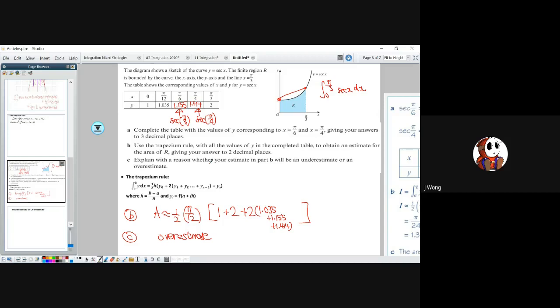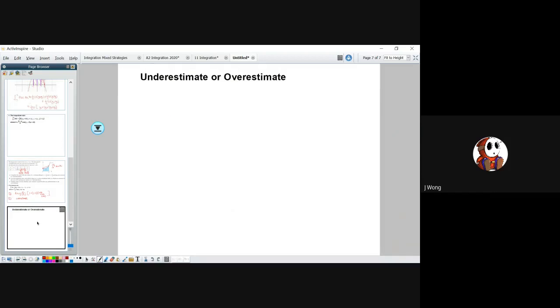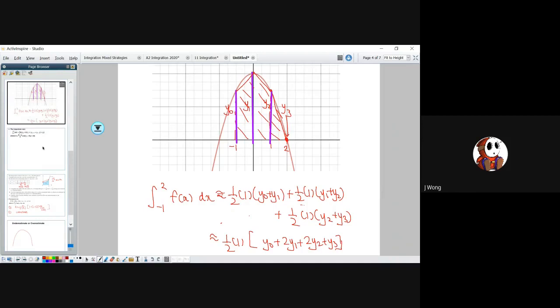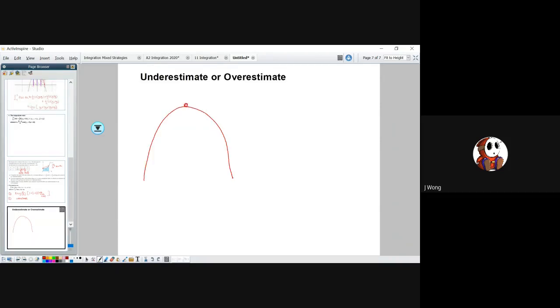And the second thing that you need to be careful with is they normally ask if your answer provided in B is an underestimate or overestimate. So it really depends on the shape. So if your shape is like that, our first example to start with, you could see that you will always have an underestimate, because when you join up 2 points anywhere on this curve, it will always be underneath the graph. So that will be the case where you will underestimate,